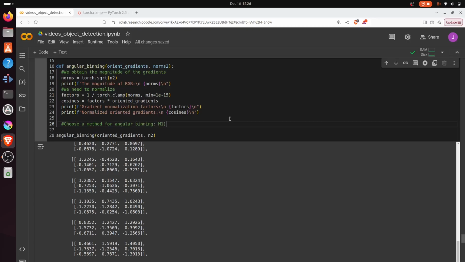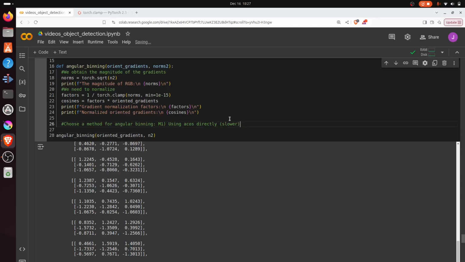Method 1, M1, is going to be using our cosine directly, as it is. Okay, as simple as that. What is the potential issue with this method? It is going to be slower